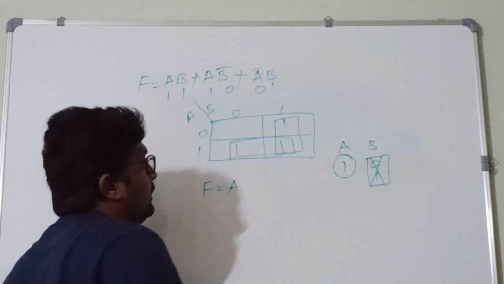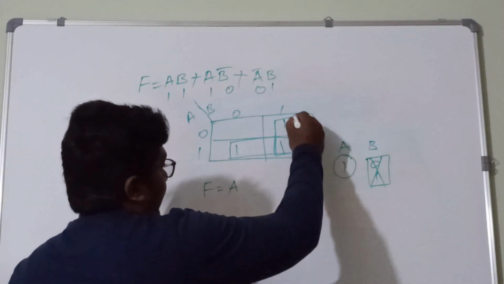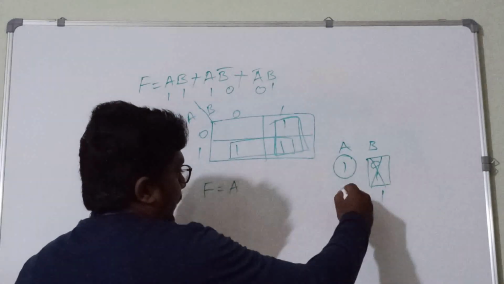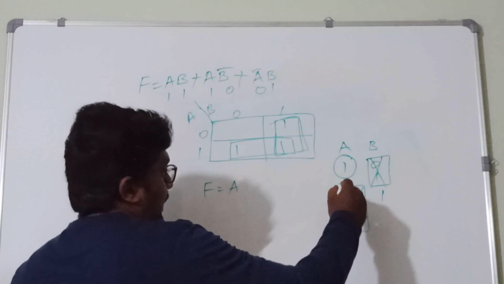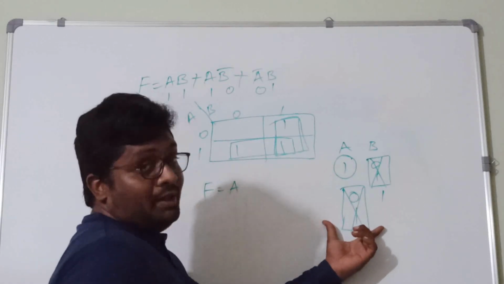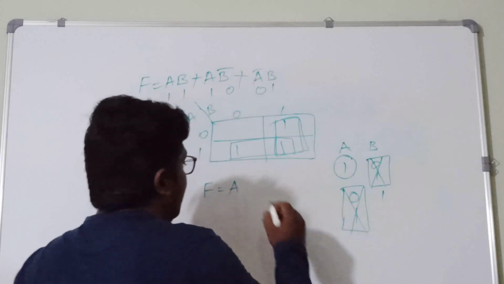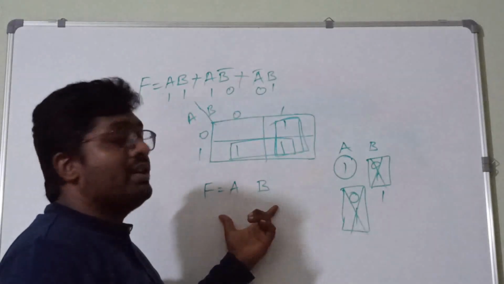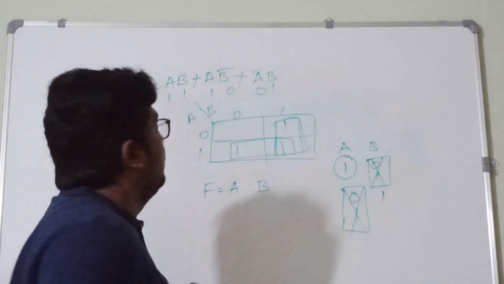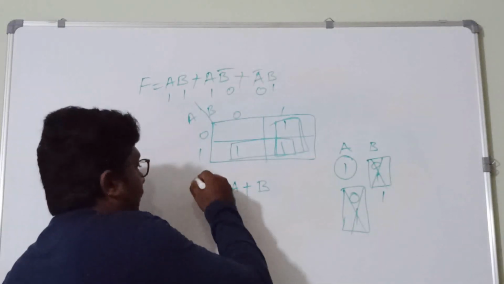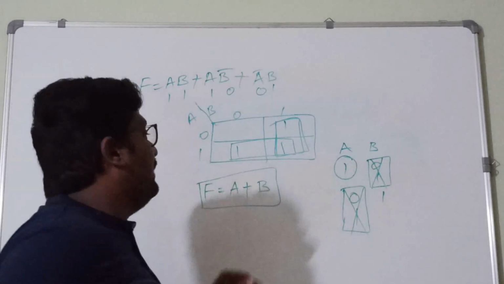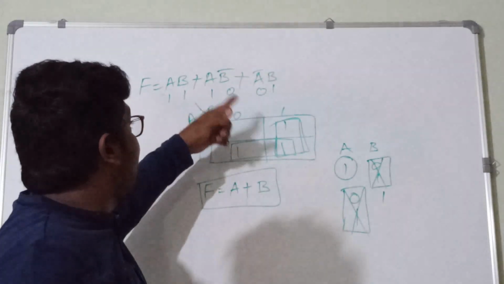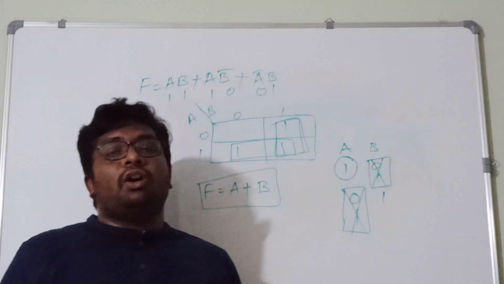And the next one I am taking this pair. So here A is 0 and 1 and B is 1. So for A, the values are changing and I am cancelling, and this will be eliminated, and finally we will be having B, right? And the final step to get the reduced equation is that we need to sum up the products we got, right? That is, F is equals to A plus B is the reduced or the minimized Boolean expression for the given expression F is equals to AB plus AB complement plus A complement B.